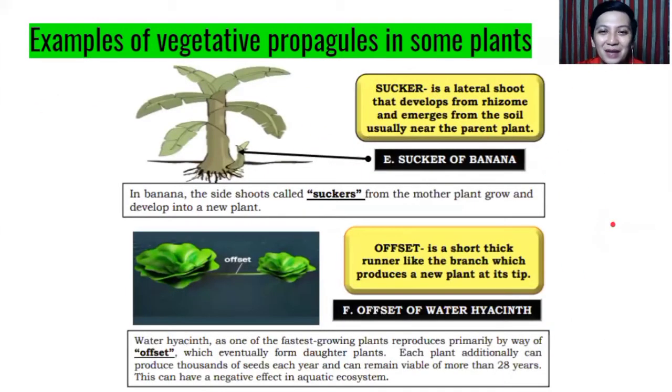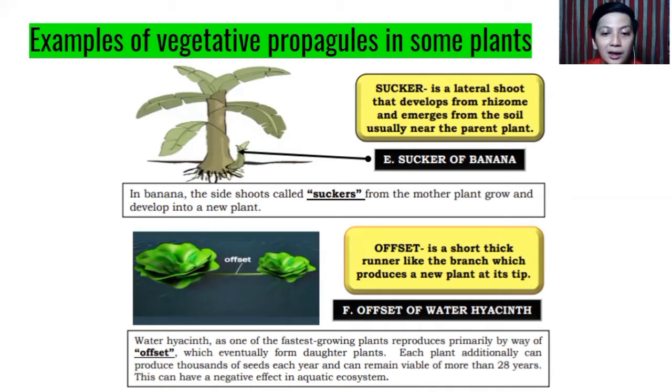Next, we have the sucker of banana. So sucker is a lateral shoot that develops from rhizome and emerges from the soil, usually near the parent plant. So makita niyo pag meron kayong mga banana plant or banana tree sa probinsya, makikita niyo meron silang mga nakausli sa gilid. So in banana, the side shoots called suckers from the mother plant grow and develop into a